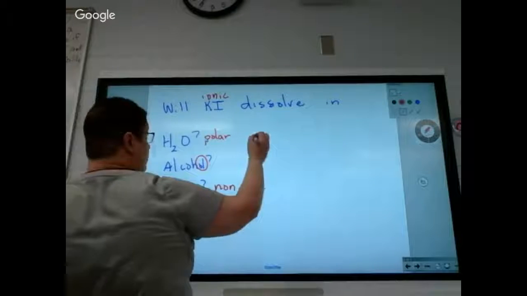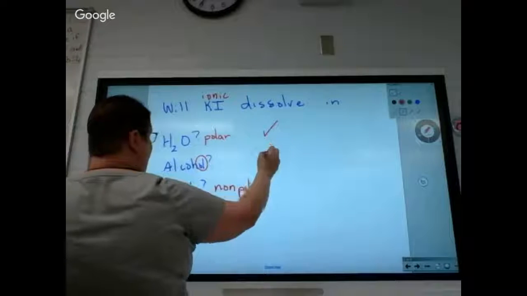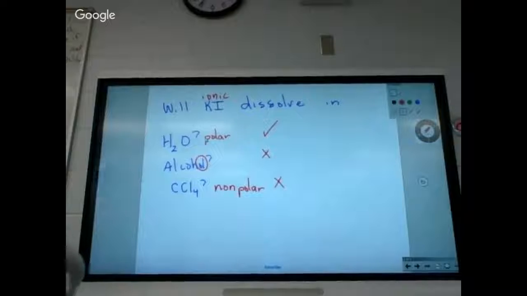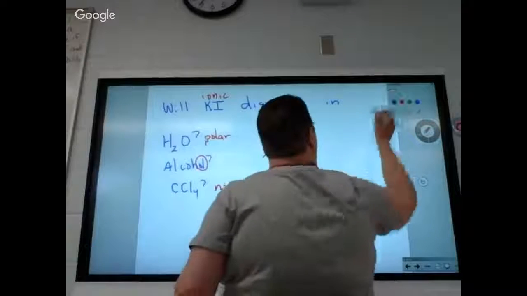So based on the rules, which of these will KI dissolve in? In the water. That's a yes. These two are no's. It's not going to dissolve in an alcohol, and it's not going to dissolve in a non-polar liquid. It will only dissolve in a polar liquid. Now, what if I said